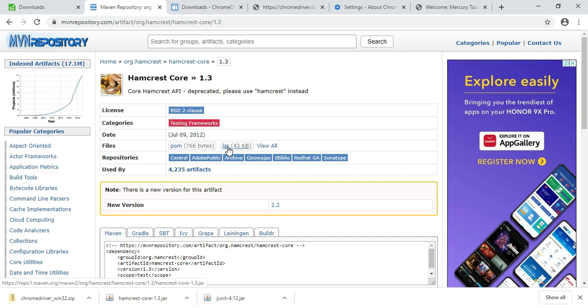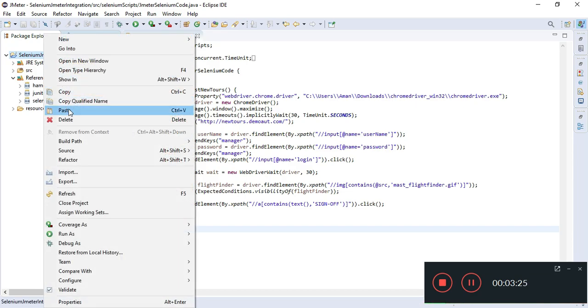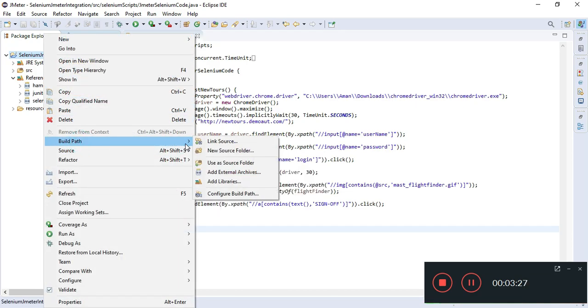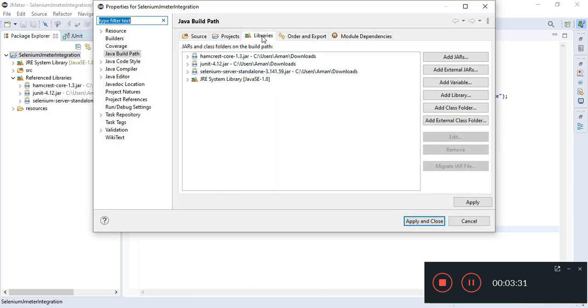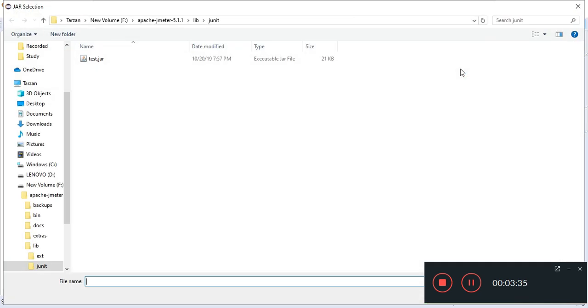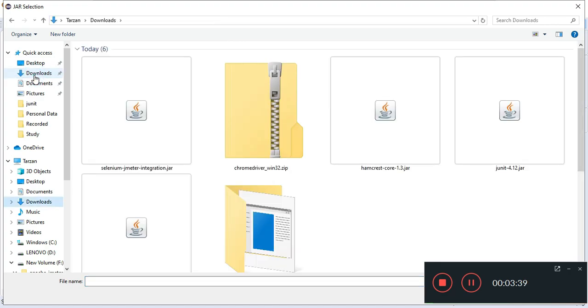So once you have downloaded all the jar files, let's go to our Java project and add them. To add these jar files in your Java project, you need to right click on your Java project, go to build path, go to configure build path, and from here go to libraries, click on add external jars, and go to the address where you have downloaded all those jar files.